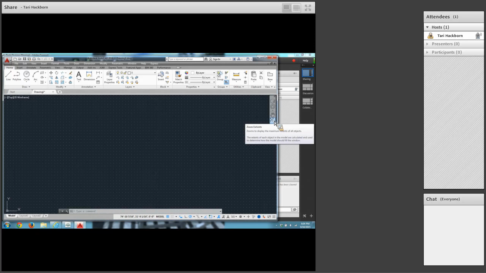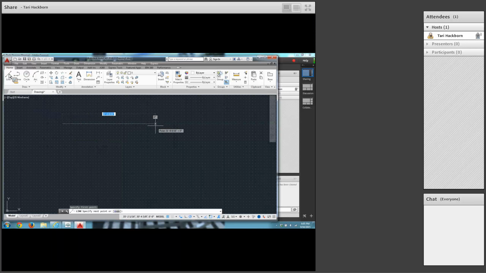So I'm going to start with a line, and I'm just going to start somewhere near the upper left to get my top line. Make sure that this green line shoots out so I know I'm going straight, and I'm going to type 35 feet and enter. Now make sure the green line shoots down,